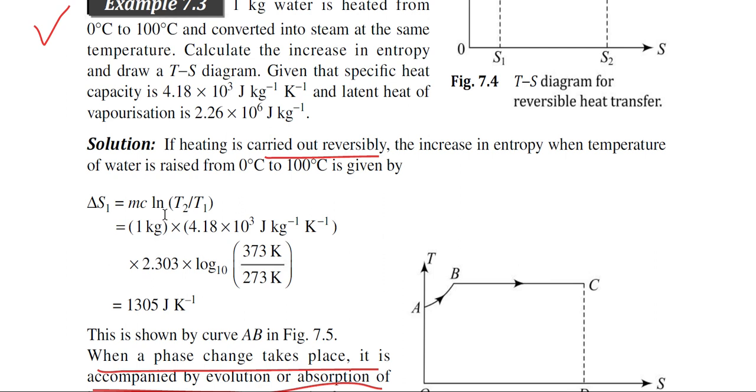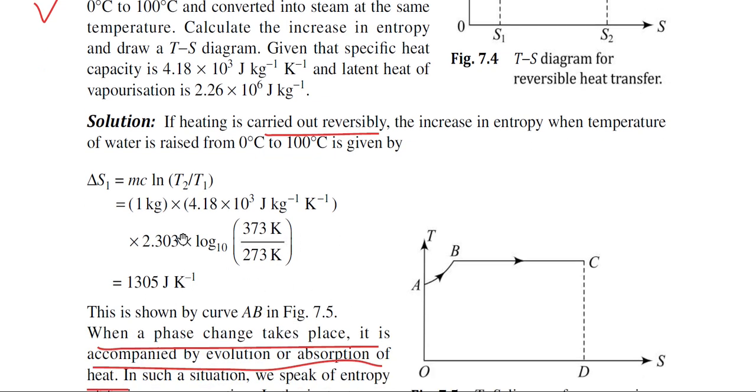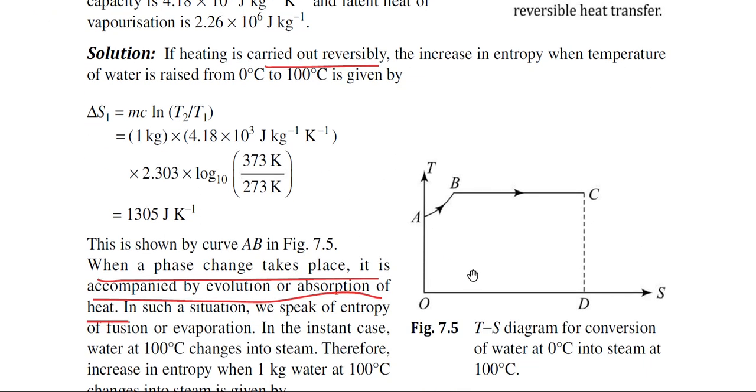And we know all the values because in this particular problem specific heat capacity is given in SI unit. The values of T1 and T2 are given, but you have to change the temperature into Kelvin unit. After changing the temperature into Kelvin, you can calculate delta S. So, this is the change of entropy in the first step. If we plot a diagram, then we can show that this is the TS diagram. The process AB shows this particular step 1.